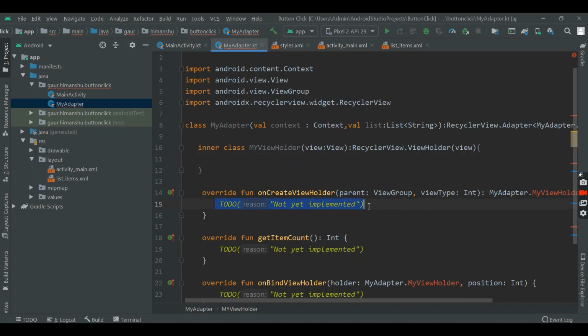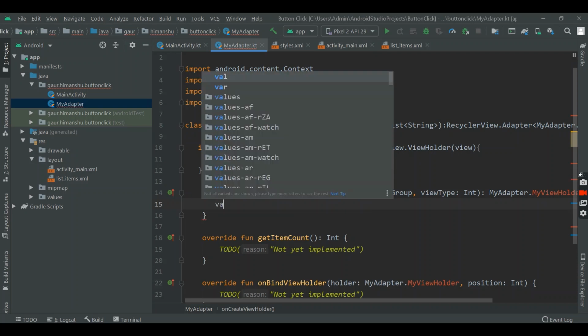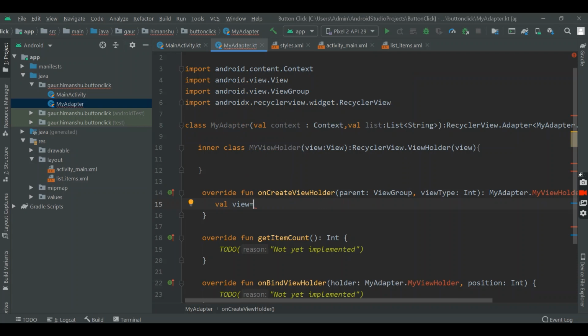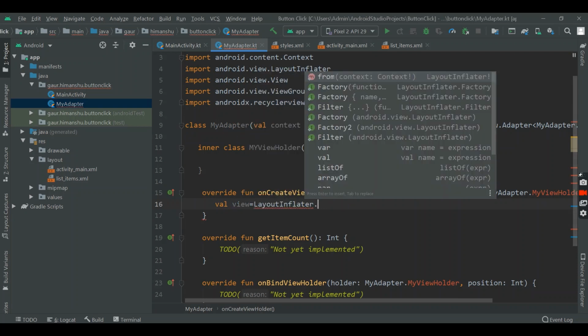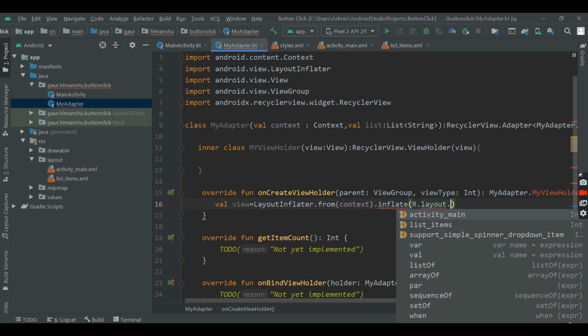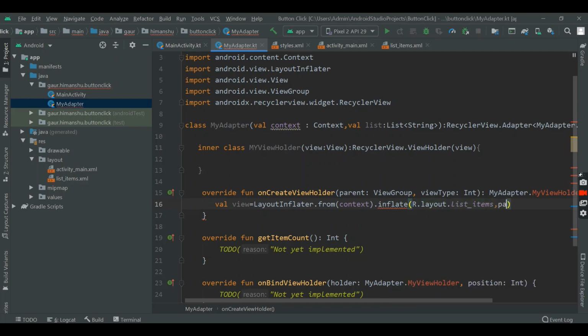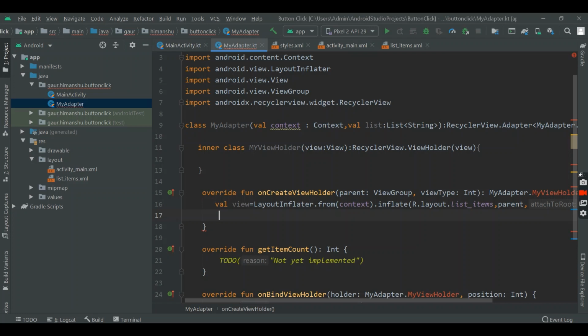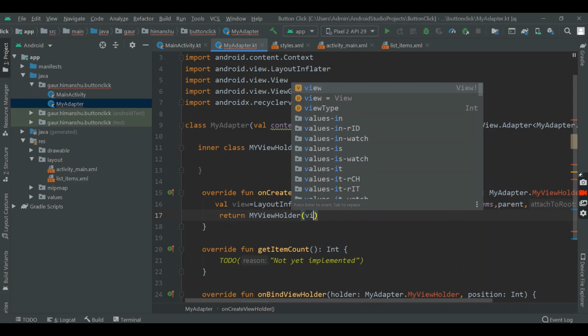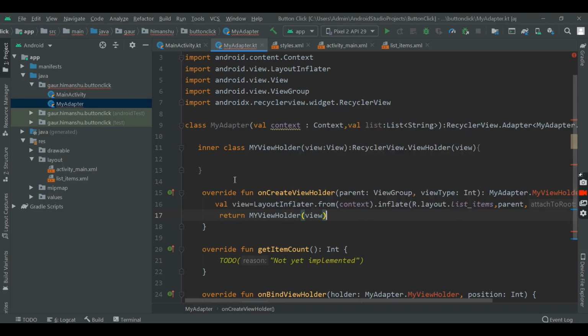Now go to your onCreateViewHolder. Here you can create your view. Now use LayoutInflater.from this context and inflate R.layout.list_items, and second is parent, which we are getting from this ViewGroup. Now attachToRoot is false, and simply return it with making a new item of our MyViewHolder.